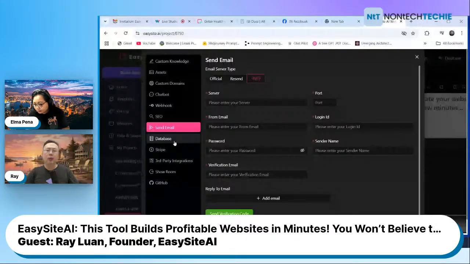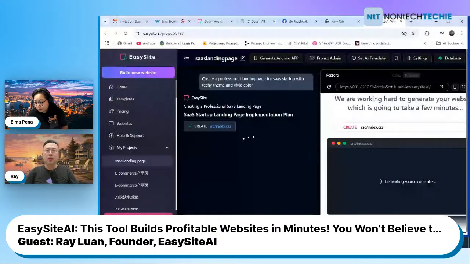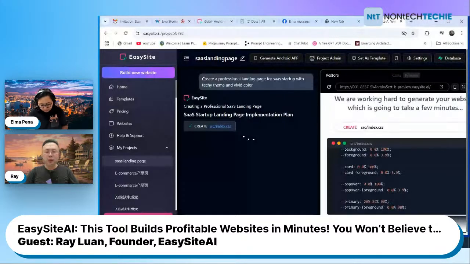And chatbot, actually, if you enable the chatbot, you can create a chatbot to answer questions or even convert leads with your visitors. Webhook API, you can enter any webhook URL or API URL that you can so that